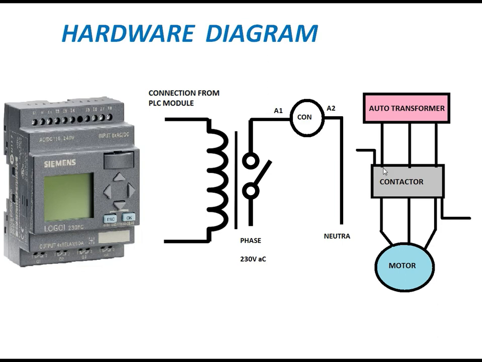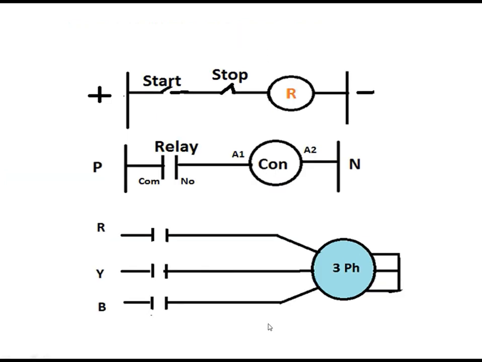When your coil gets activated, it has the NO concept. Here also it has the NO concept. Your coil will get activated and your motor gets on, okay. This is the overall connection diagram to run the motor in a practical way. If this is star connected, you can run the motor in 3-phase like star connected, delta connected, or motor forward and reverse also, but you have to use the switches according to your requirements, okay.